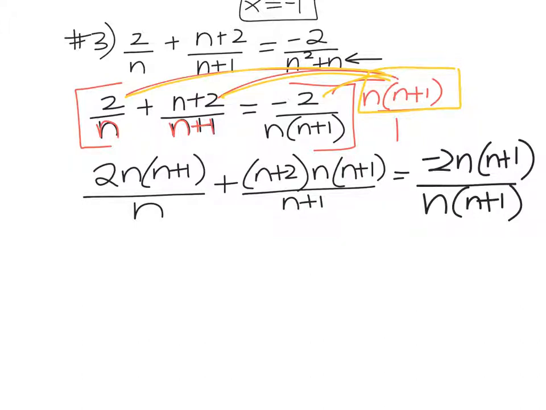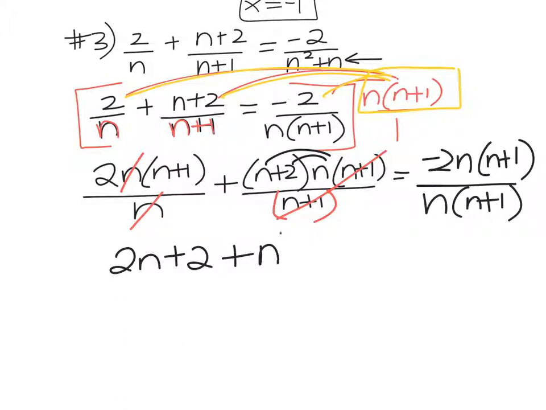Now here comes the fun part. I know this doesn't seem fun, but it is. We're going to clear all these fractions that we have here. Okay? So the n's reduce, leaving us with 2n plus 2. Over here, what reduces? I have an n plus 1 and an n plus 1, leaving me with n times n plus 2, which gives me n squared plus 2n,